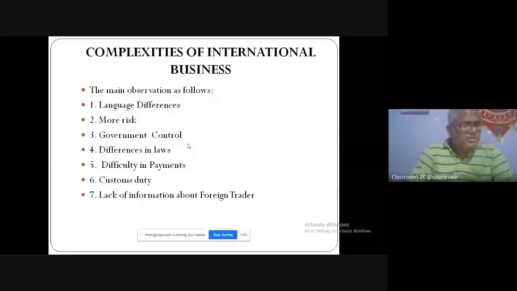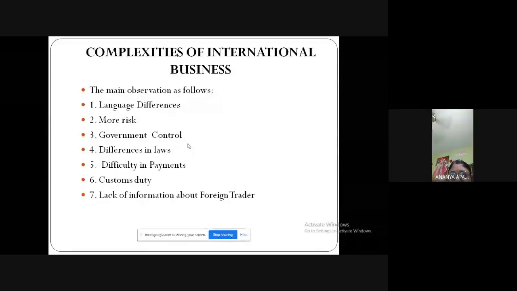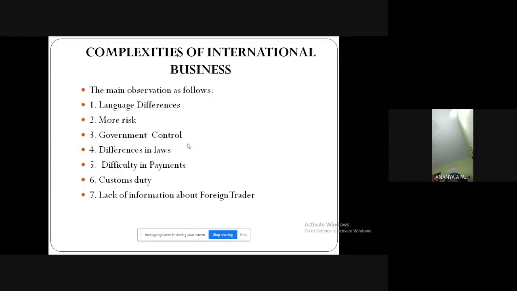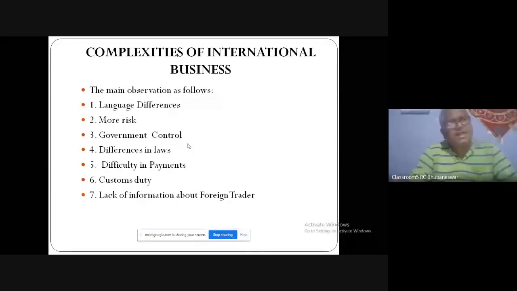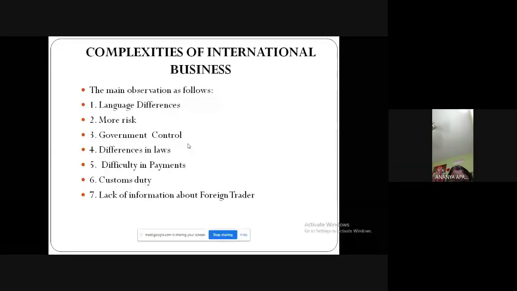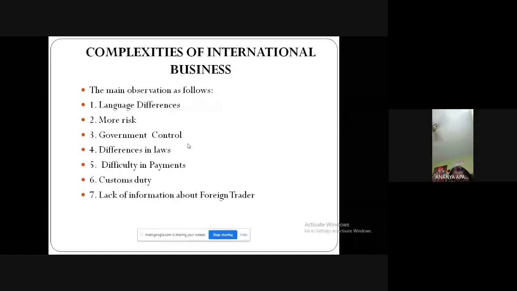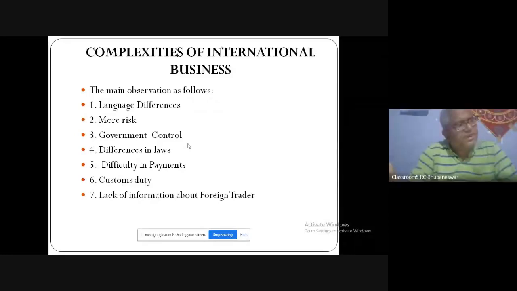And goods are transported from quite long distances, so that is more risky. Another one is government control. That is another complexity of international business. Here, government control means,